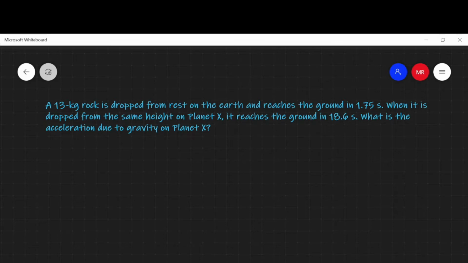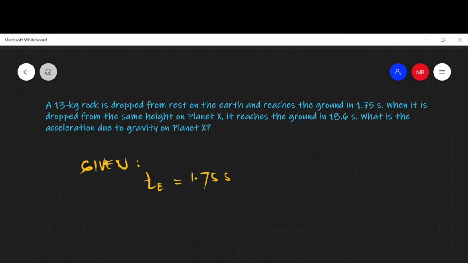Let us have the given. Given we have, the mass of the rock will be irrelevant. We'll just be using the time. So the time of this rock to drop from rest on Earth is 1.75 seconds. Let's say this is T sub E equal to